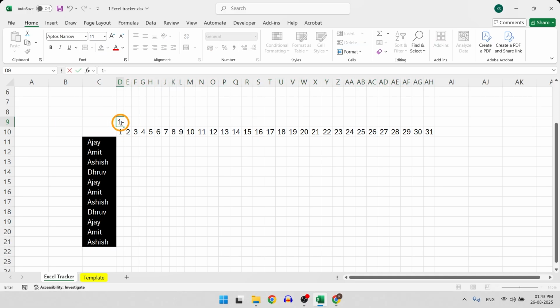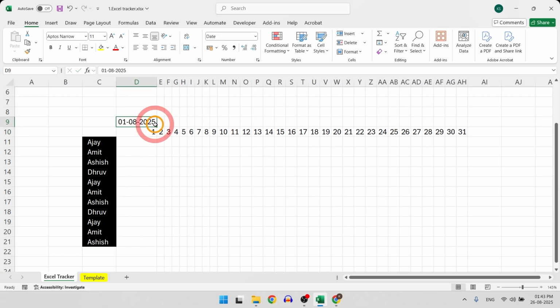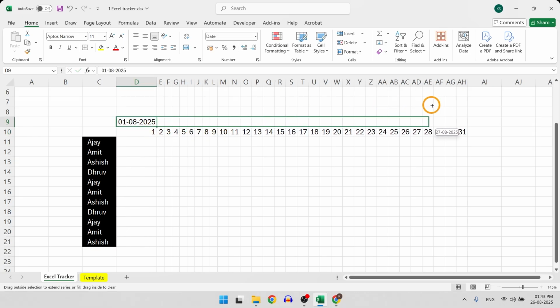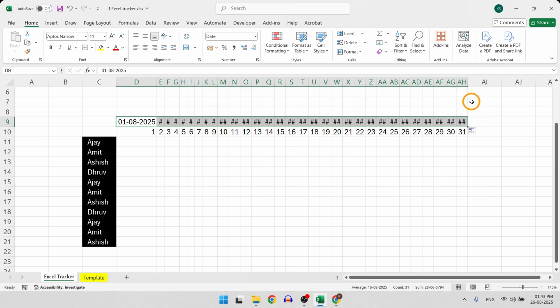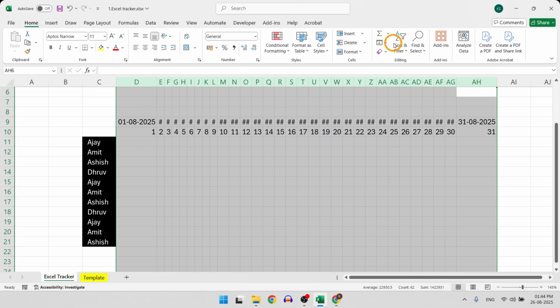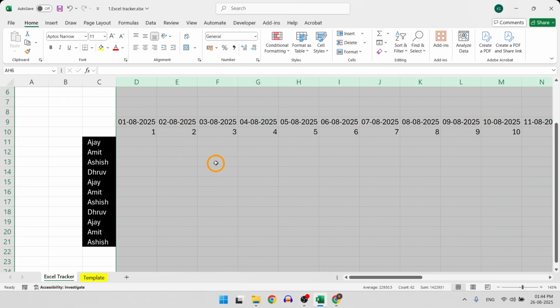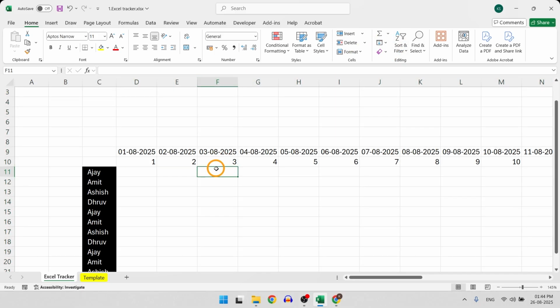So I type the first date, 1 August 2025, and drag it to 31. But right now it's showing the full date. That's not what we need.